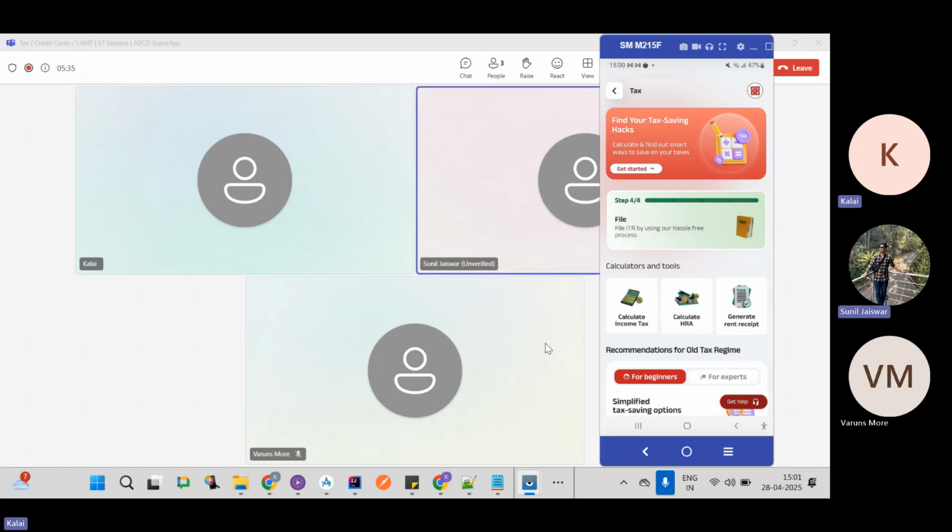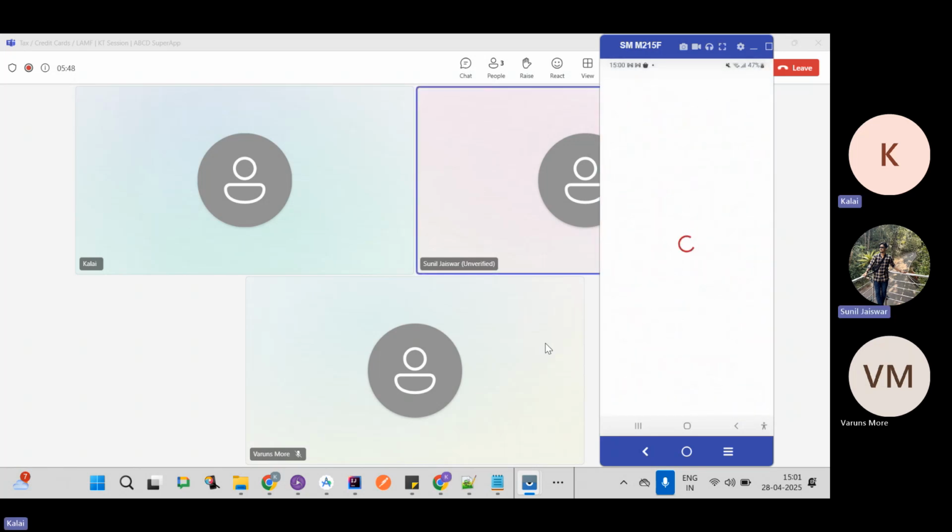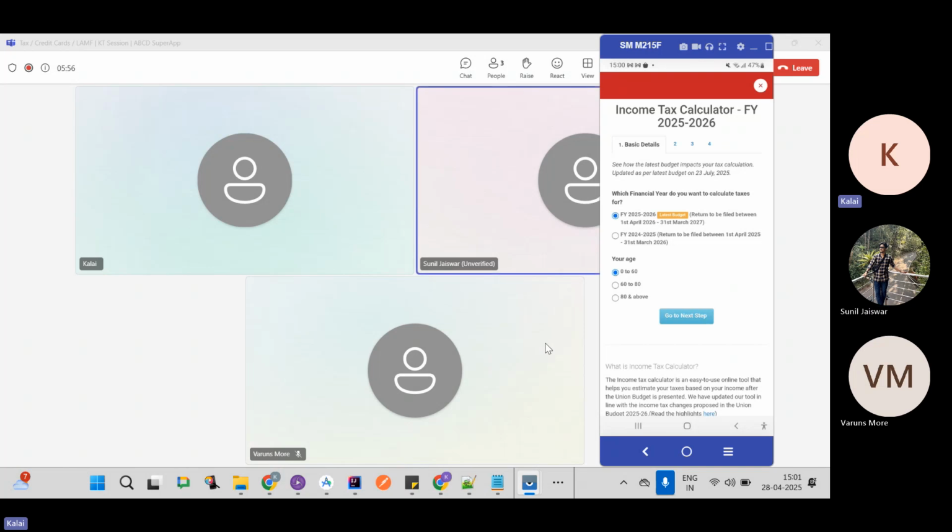So we don't have much to validate in this. We just have to click on a particular thing. For example, I'm clicking on this Find Your Tax Saving Hacks banner, sorry, Calculate Income Tax. It will redirect to a Clear Tax website. If you are seeing any issues with this redirection, then we have to report this issue to the development team,